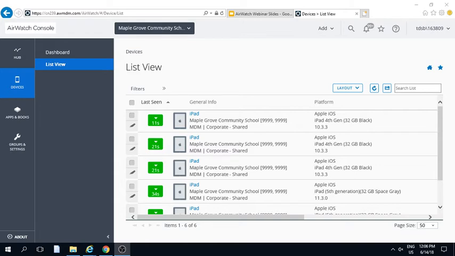So only a few versions ago, what you were able to do before is actually rename the iPad on the iPad itself. So you would go on the iPad, go to Settings, General and About, and change the name there, and then AirWatch would actually pick it up, and then that would be the new name of the iPad in the system. And it was so much easier because you could do it from the device, and then AirWatch would find out what it is from the device side. More recently, we've confirmed with AirWatch that is no longer the case. I don't know why. I think it's silly. It makes our lives a lot harder. But that is what the scenario is. So